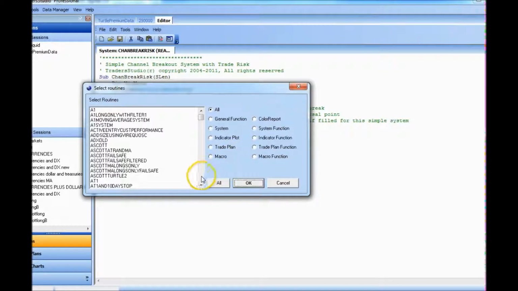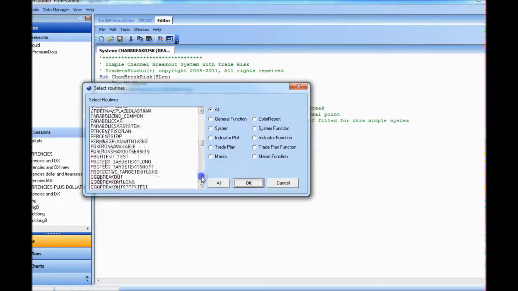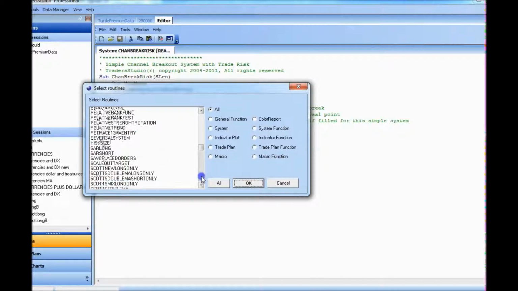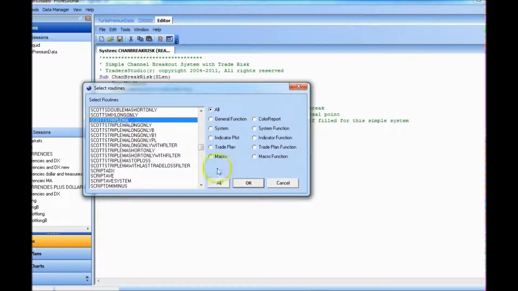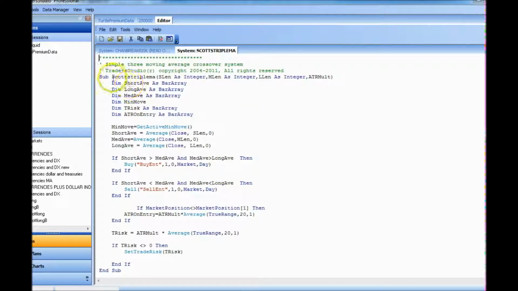If I want that little triple moving average strategy, I can open that up, and there's the triple moving average strategy based on some of the code that came with the program, and then I adjusted